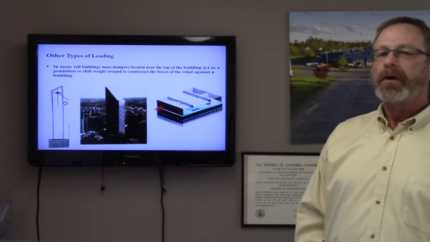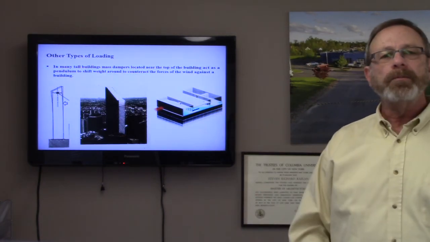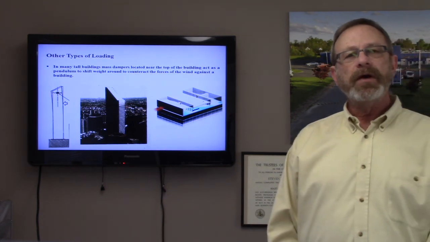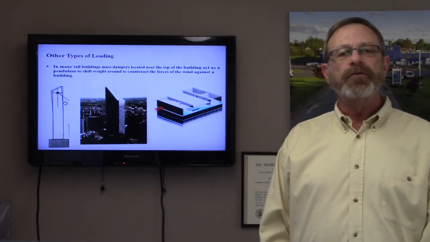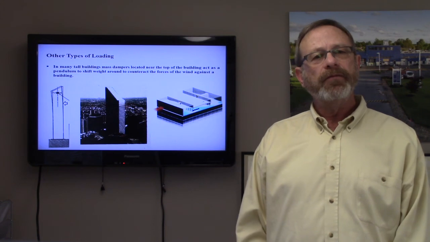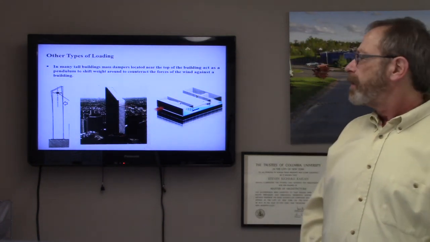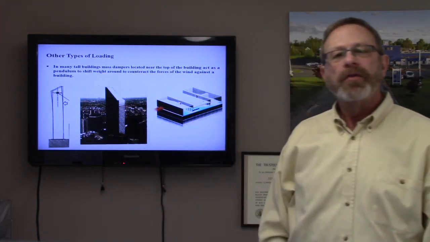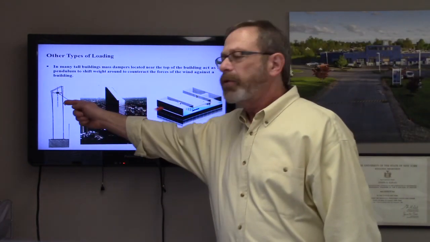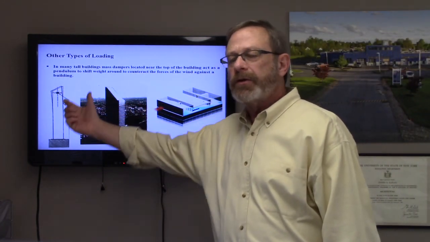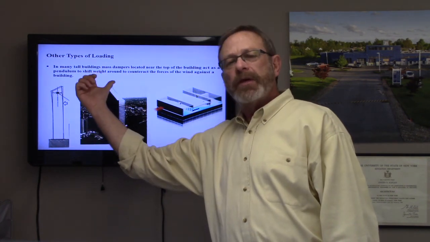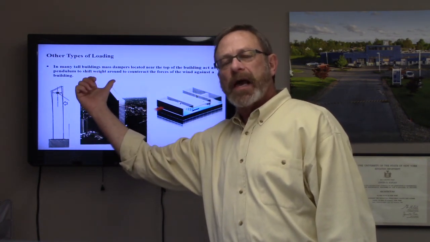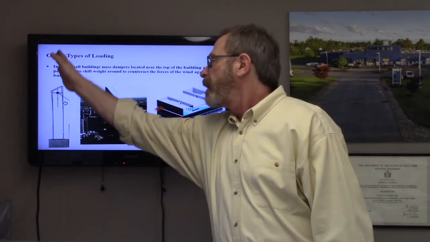And in this case, we're looking at the city court building, and there's an effective way that they use to restrain the building from movement and keep it in a state of equilibrium or rest. That way is by inserting a pendulum at the upper levels, so that when the wind against the building is pushing in one direction, the pendulum swings in the opposite direction to counteract that lateral load, and the building tends